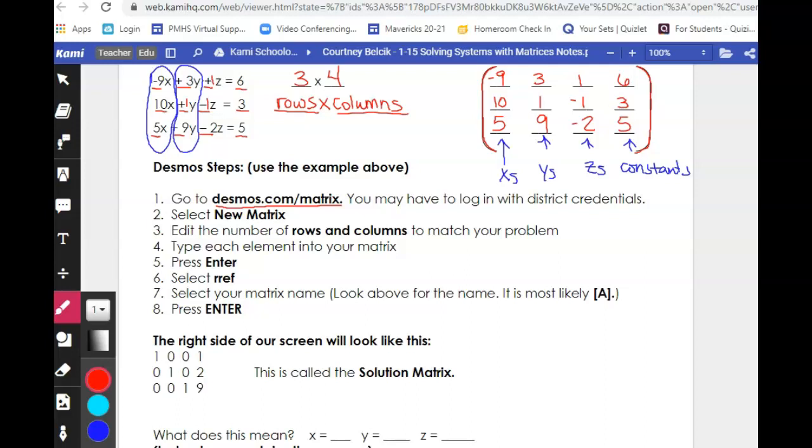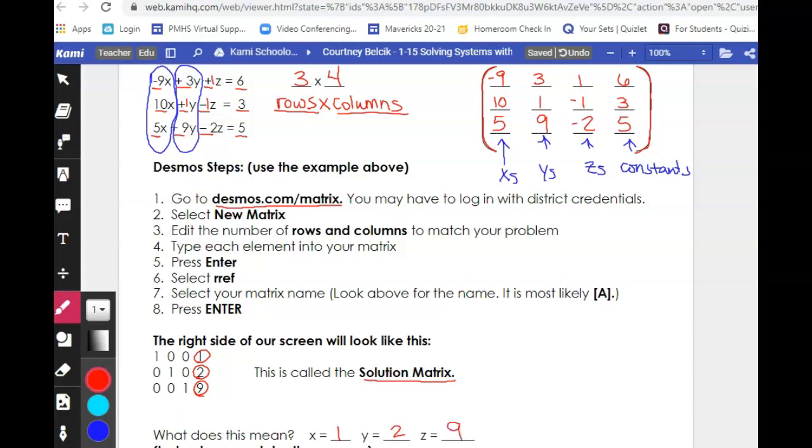The right side of our screen has what's called the solution matrix. So it's a matrix of the same dimension as our matrix equation, but it's called the solution matrix. And so what does this mean? Well, what this means is that these values over here, 1 and 2 and 9, that make up the last column, contain all of your answers. Your x value is equal to 1, your y value is equal to 2, and your z value is equal